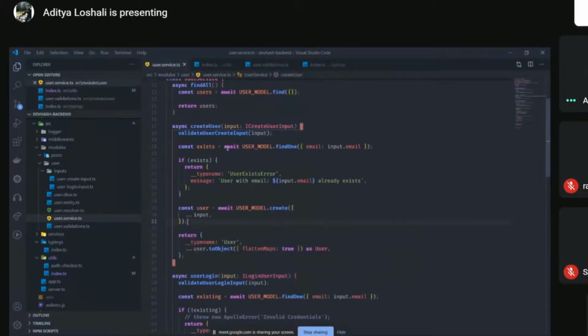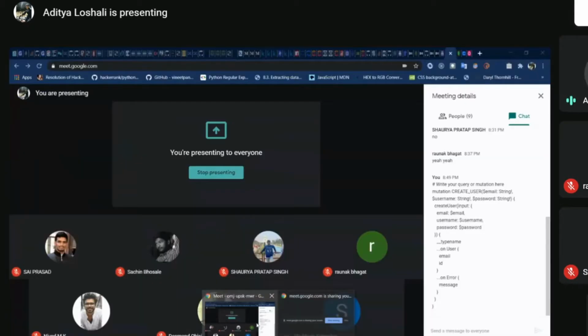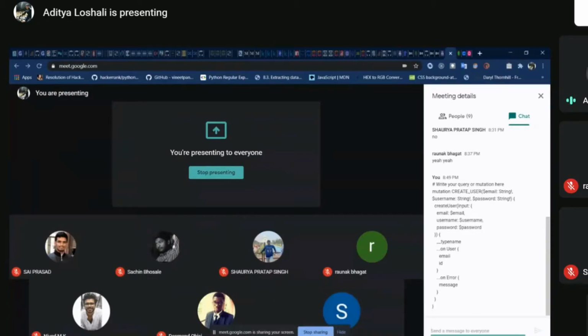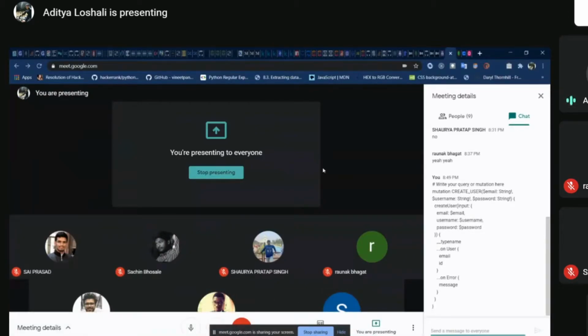So everything related to the business logic, like interacting with the database, checking for errors, all the if checks, every business logic part will go into the service. Why is it so? Because the same service might be used by the GraphQL API and it might also be used by the Express API. So we might have the GraphQL mutation or query interacting with the same service, and also a REST API.